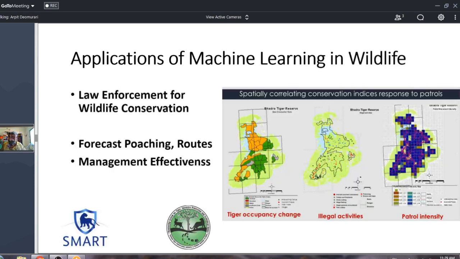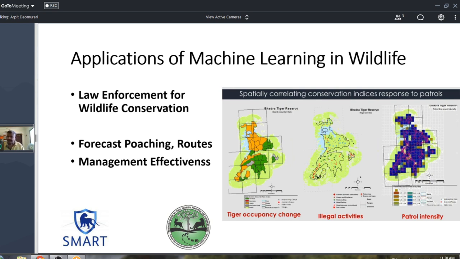So here comes the exciting part. How we use this. The first application I'm trying to do is law enforcement in wildlife conservation, where, as I mentioned earlier, we save animals from poaching, and manage effectively how the forest department works with protected areas and tries to deliver its outcomes.